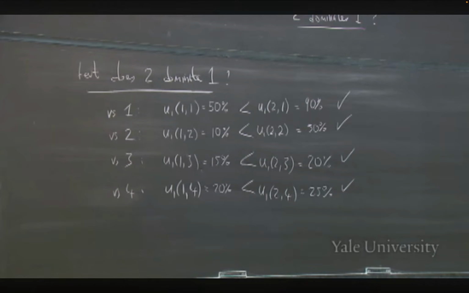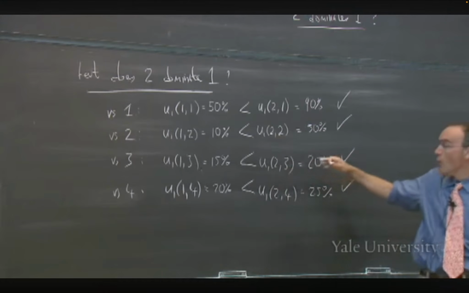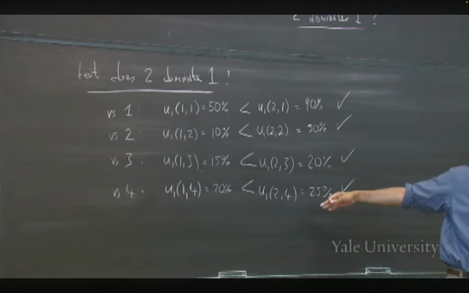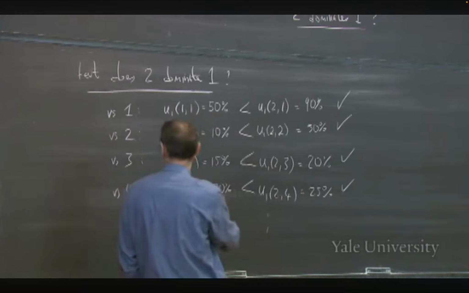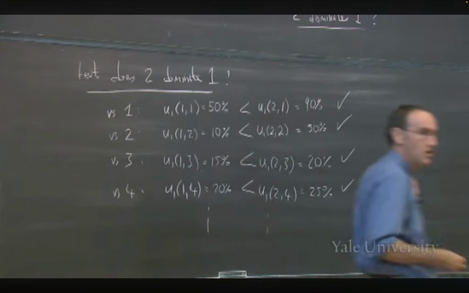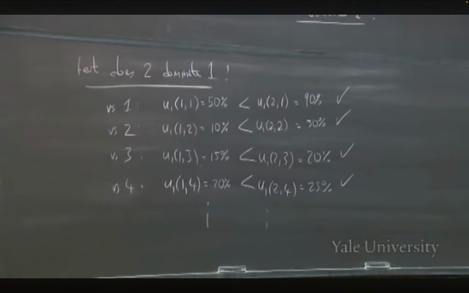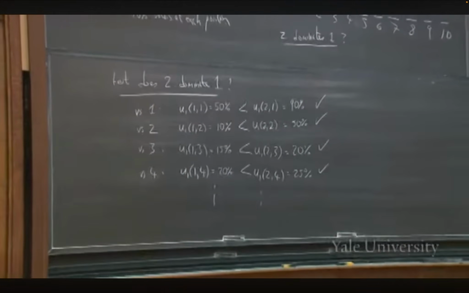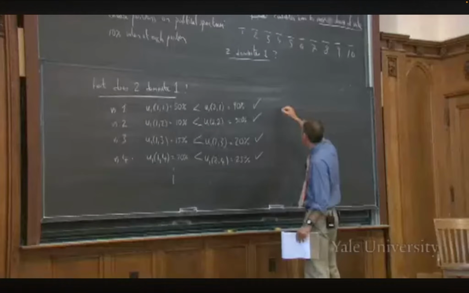If your opponent doesn't choose 1 or 2, then you're always going to be 5% better off if you choose 2 than 1. Exactly. So ignoring these first 2 positions, which are a bit weird, choosing 2 always gave me 5% more votes than choosing 1, regardless of what the other person chooses. You can fill in the next 6 positions and see, but you'll see very clearly that Stephen's right, that choosing 2 will always get me 5% more of the votes than choosing 1 from here on down, and in fact they'll go up in intervals of 5. So it is in fact true,